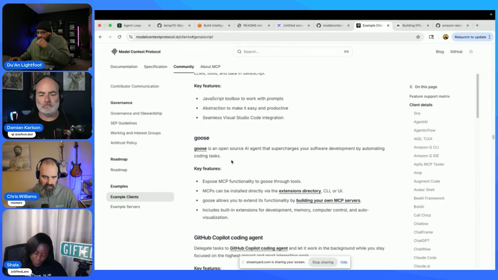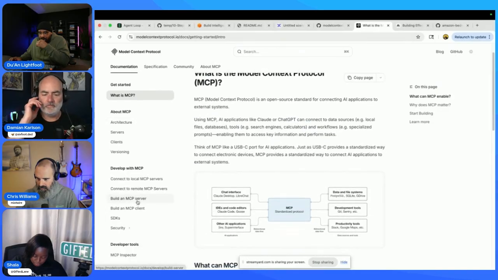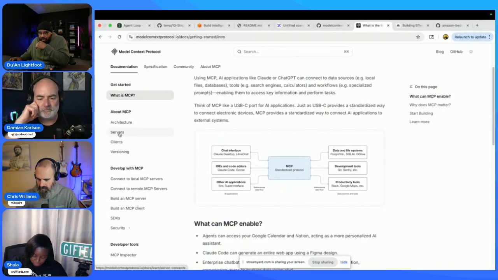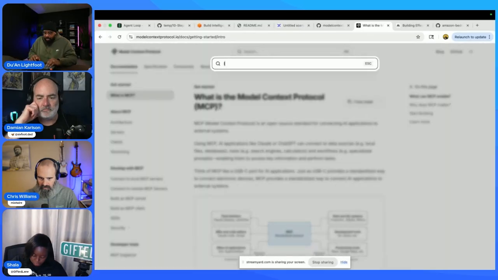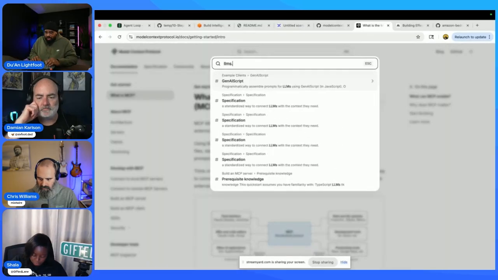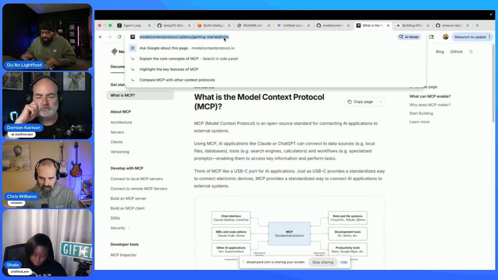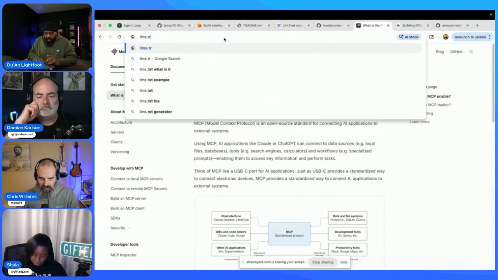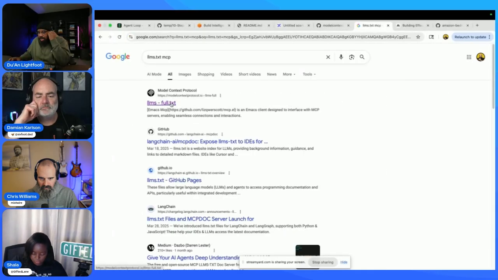Let me see where it's at. Documentation, integrating other MCP servers. Somewhere in here there's an LLMs.txt, or maybe they don't have it anymore. But this file, here it is right here.